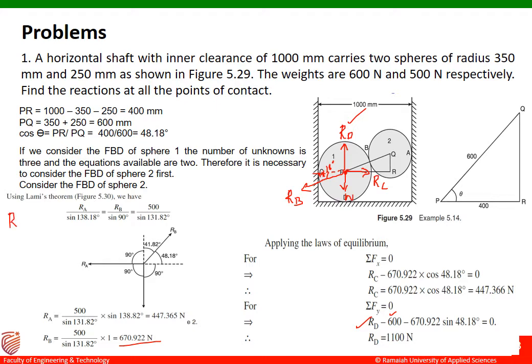So what was asked in the question here is find out the reaction at all the points of contact. So when this problem is given to you, you have to identify what are the points of contact. That is, points of contact are point A and then point B, that is between sphere 1 and sphere 2, and then point C, that is RC, and then RD. Okay, so